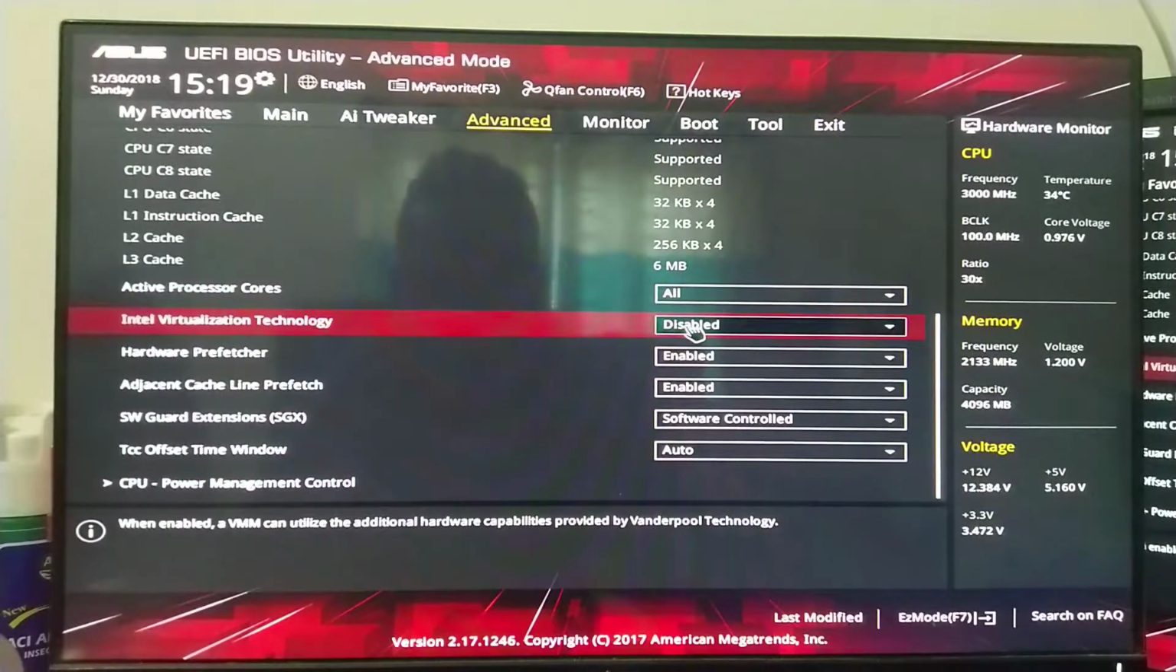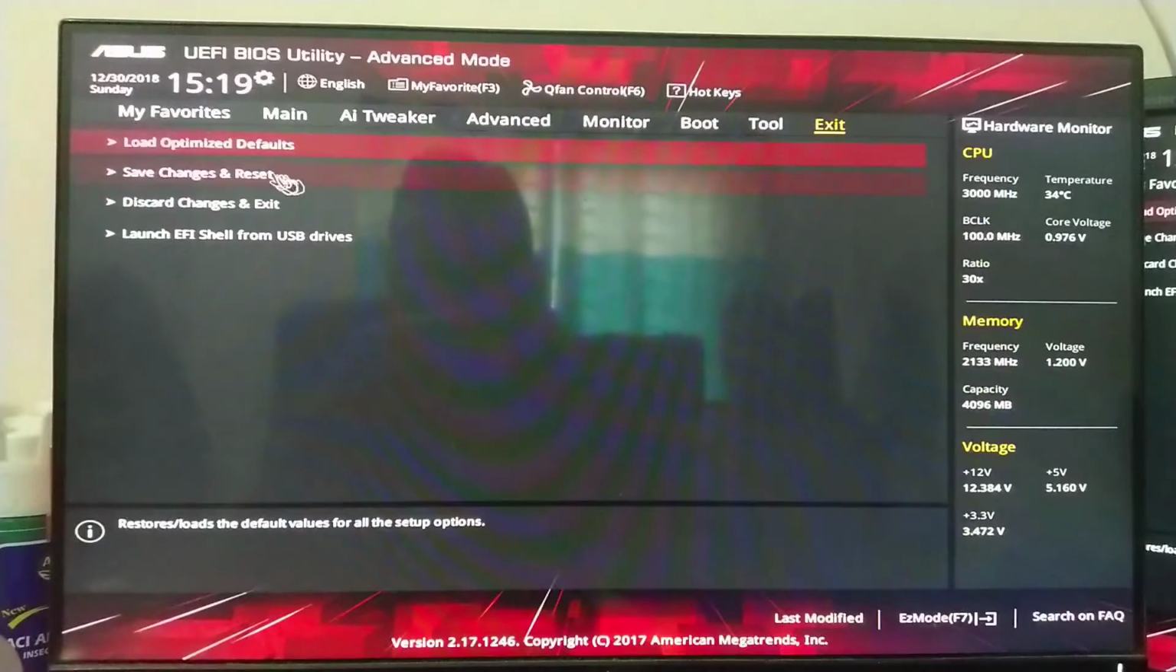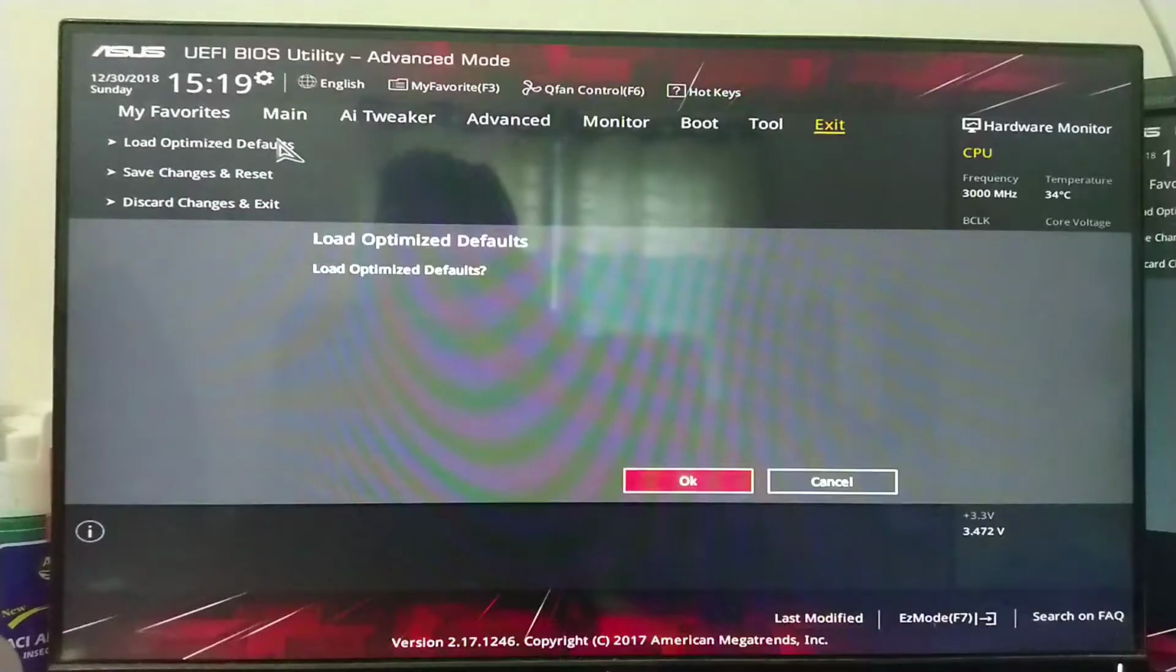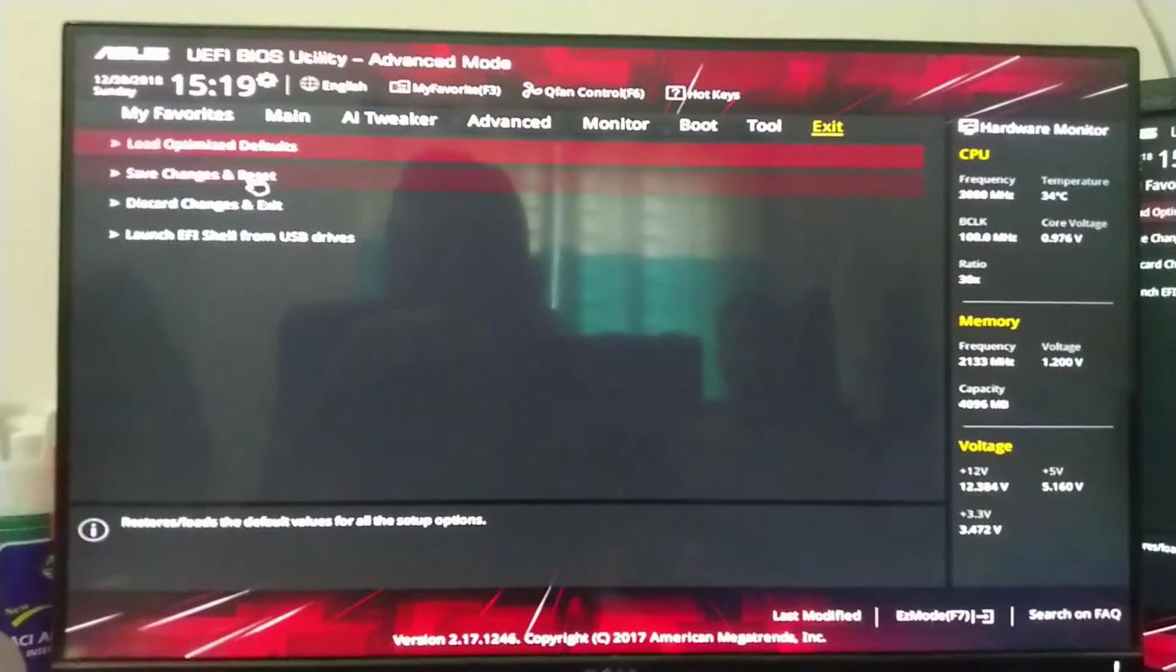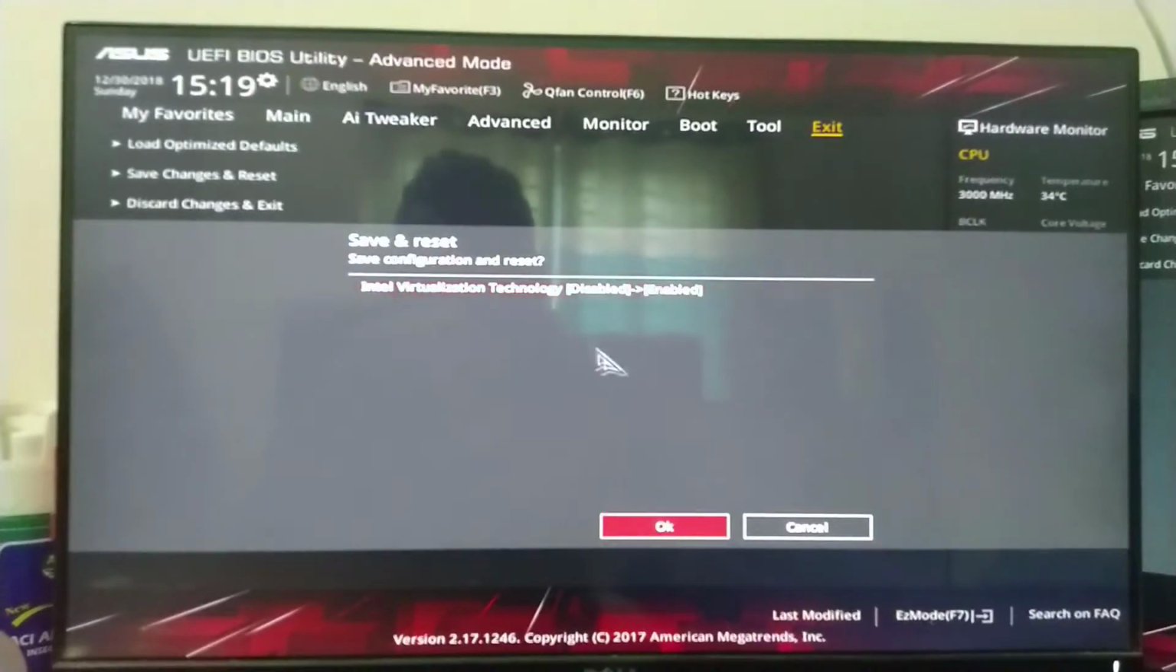technology is in disabled mode. I will change it to enabled. Okay, so now my VT-X is enabled. So I will exit, save changes, and save configuration and reset. Intel virtualization technology changed from disabled to enabled. Okay,